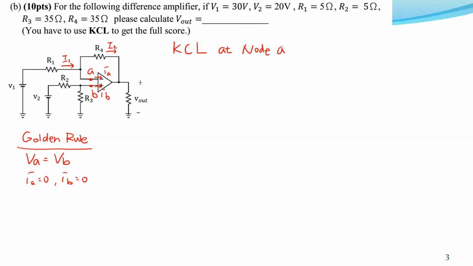The direction of current doesn't matter, because we just assume it. Because I1 equals I2, we have V1 minus VA divided by R1 equals VA minus VO